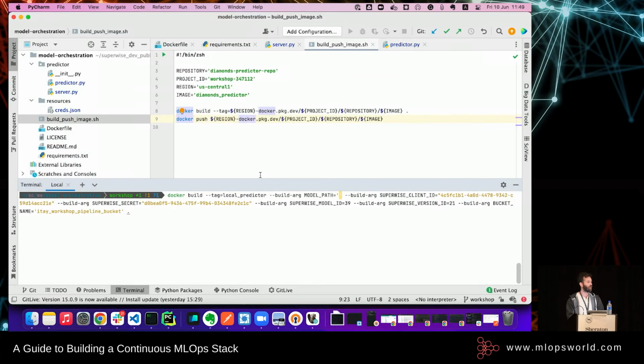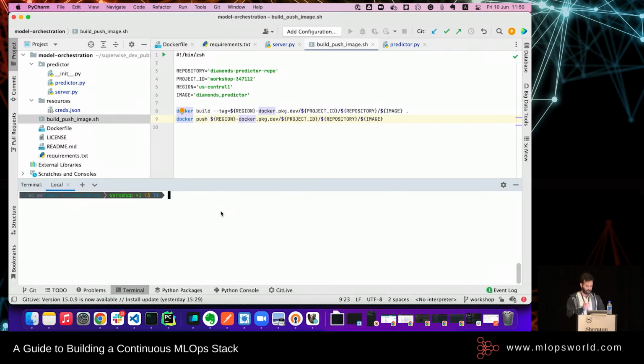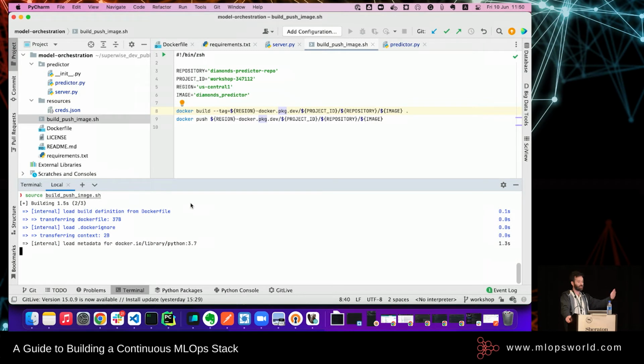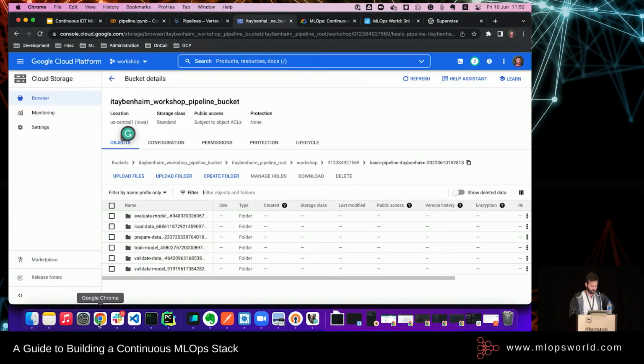And if it's not, I already prepared a backup, and we have this Docker image ready with the same logic implemented. So all we need to do is just source the build and push image. When you do it on your local host for the first time, it's going to take a few seconds because it needs to install everything. In this case, it's supposed to have caching in place, and if not, we'll just let it run. And again, I'm going to show you, yeah, so it's running pretty fast.